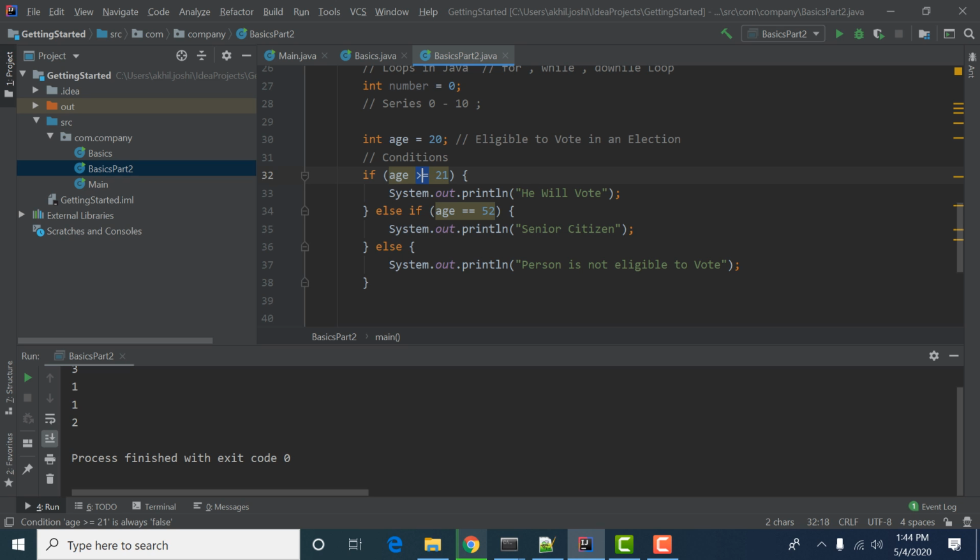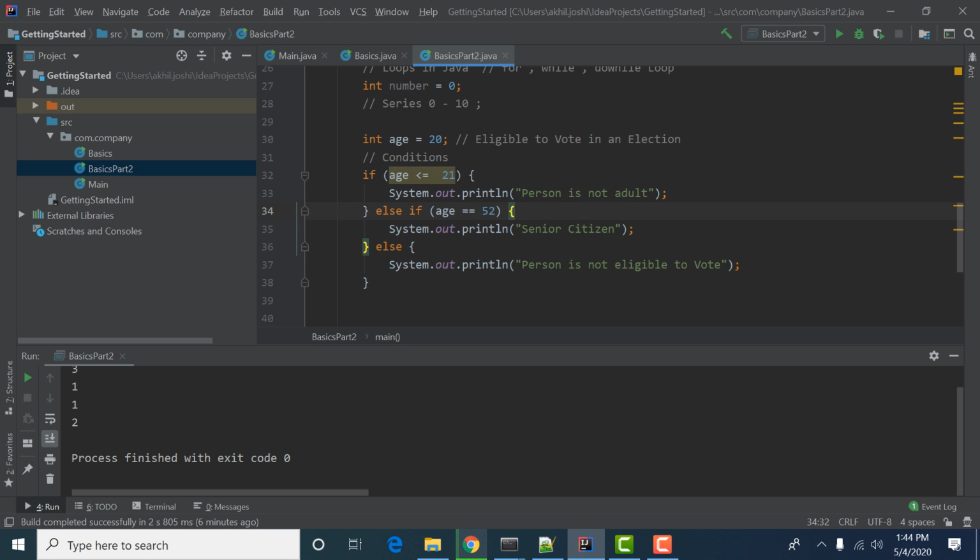So we have greater than or equal to. Like if age is smaller than or less than 21. This is the sign of smaller than. So we will say if age is smaller than 21, the person is not an adult.